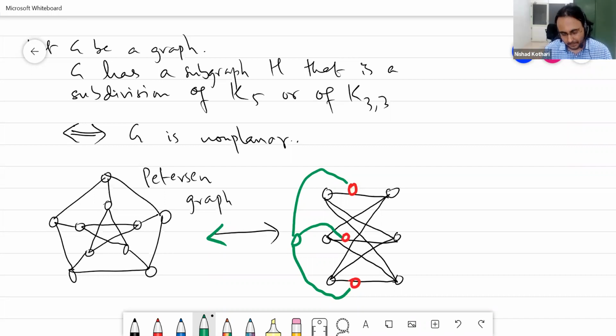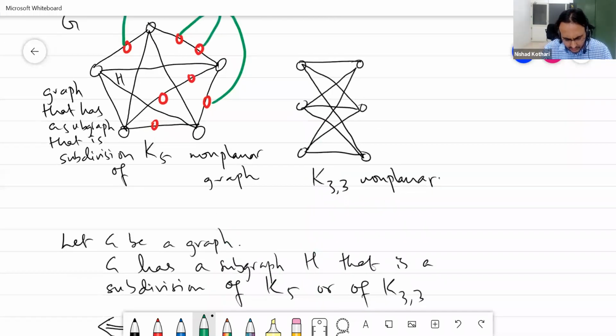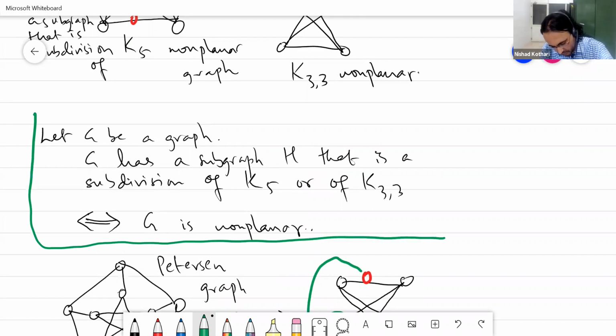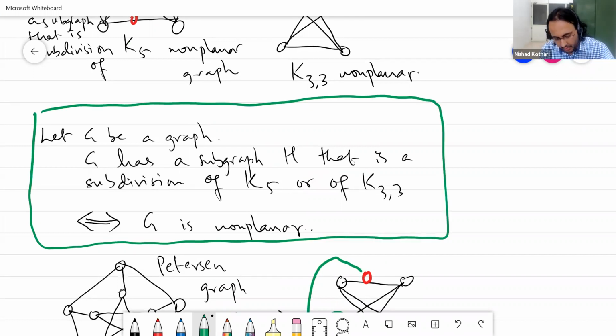inside it. Okay? And so this is the stereotypical result that you are looking for in structural graph theory, which tells you that for a certain property of the graph, like non-planarity, you have some small number of subgraphs which are the obstructions, and these are the only obstructions. This is sort of the holy grail as far as graph theory results are concerned, right? So this is the famous Kuratowski theorem from 1930.